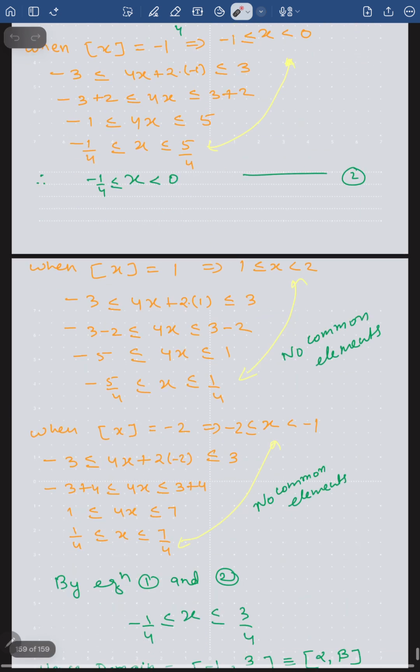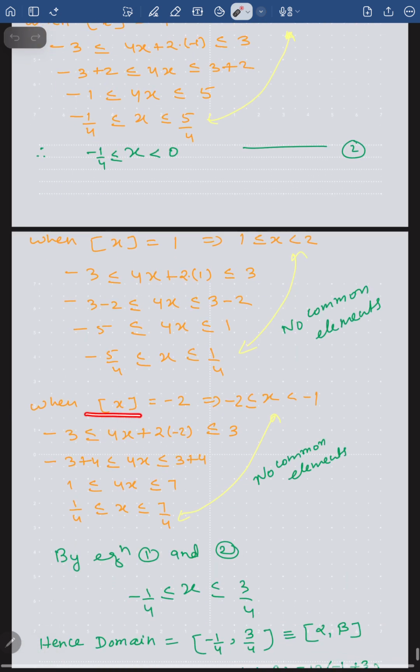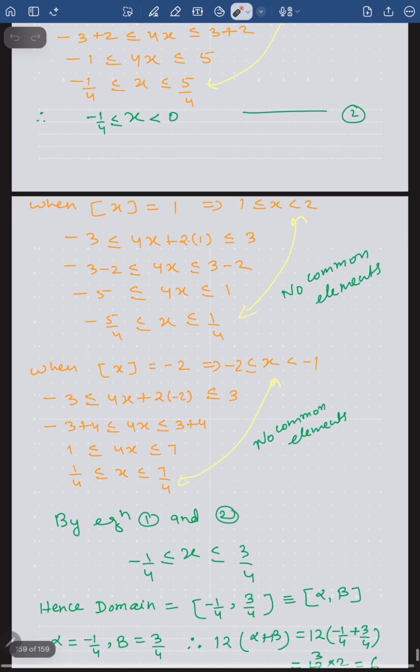Similarly, when the greatest integer takes the value -2, what happens? x will lie between -2 and -1. In that case this will give you 2 into -2, that is -4, so we add 4 throughout. So you will get 1 less than or equal to 4x less than or equal to 7, so x is between 1/4 and 7/4. When we combine these two, here all the values are negative and here they are positive, so there are no common elements. So in this way we can see that equations 1 and 2 give the common values